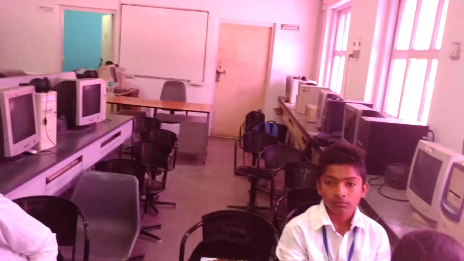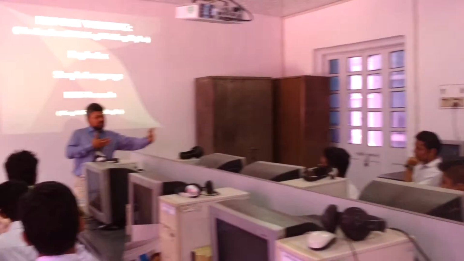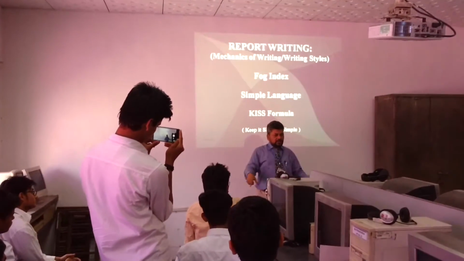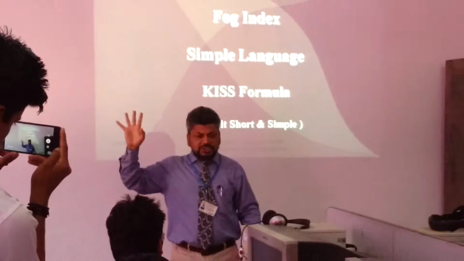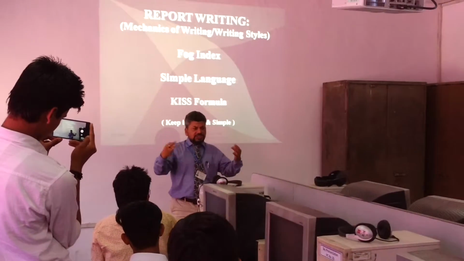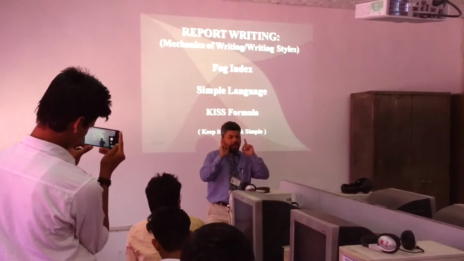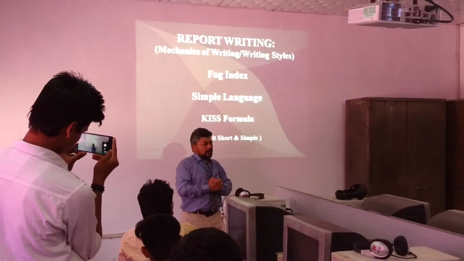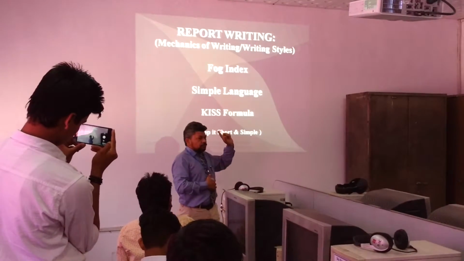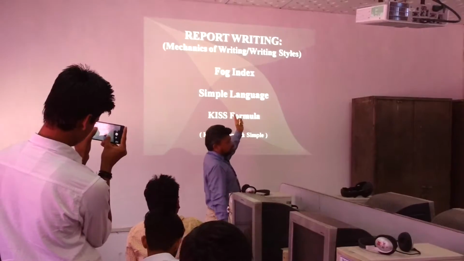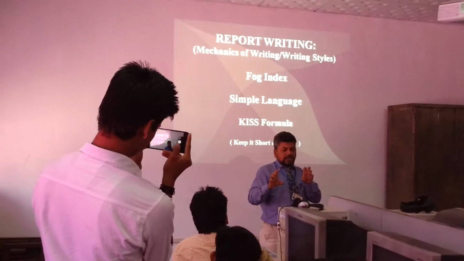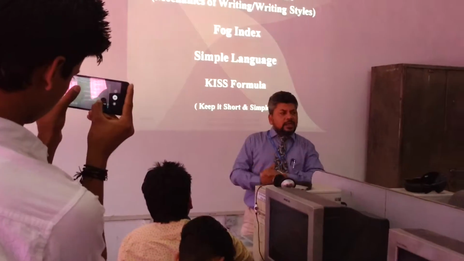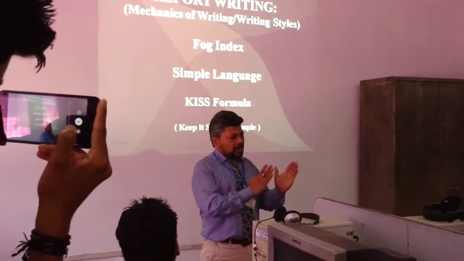We write for two purposes, we speak for two purposes, we communicate for two reasons. One is expression, that is the bigger dimension. Another one is impression. So we must be expressionistic in our opinion, and we must write for expressing things. And for that purpose, there is one formula we need to know. We need to identify whether a given writing is good or bad, and for that purpose, that parameter is the fog index.